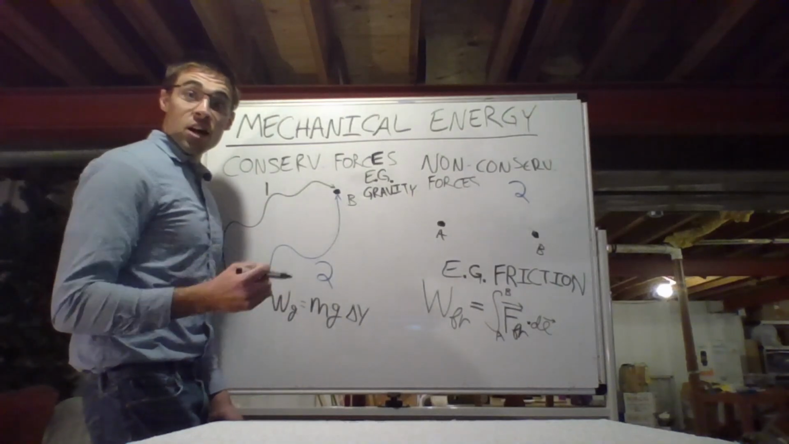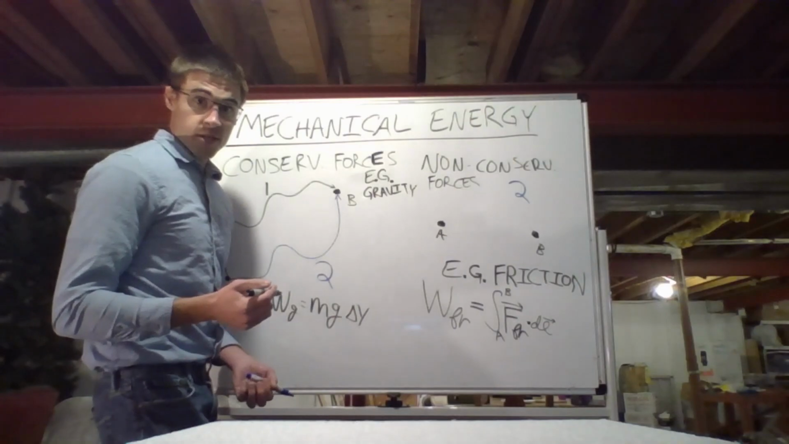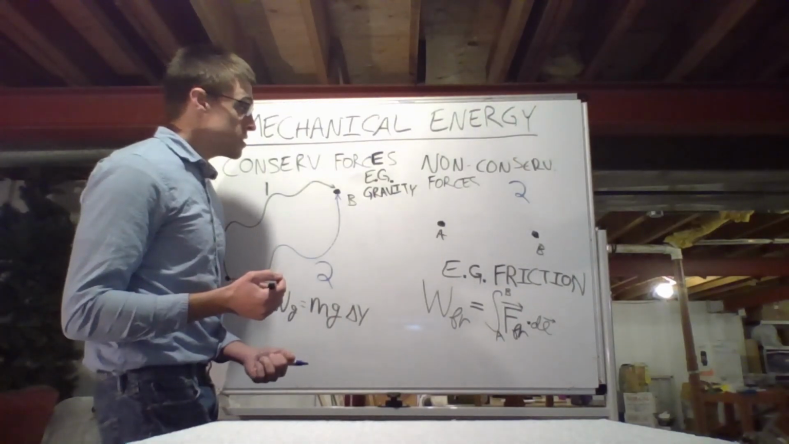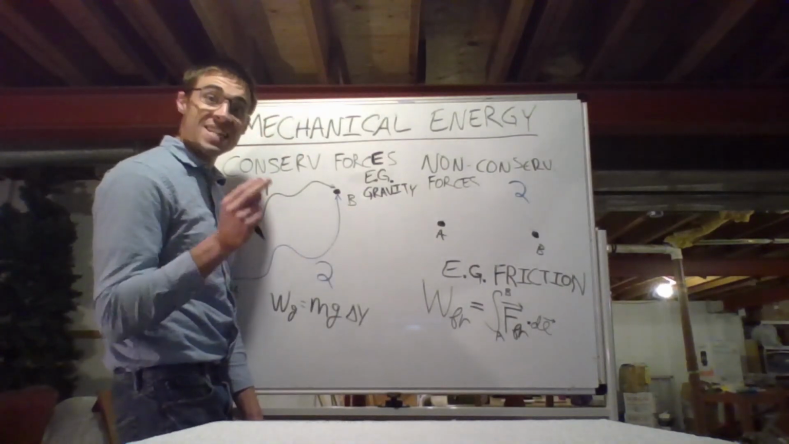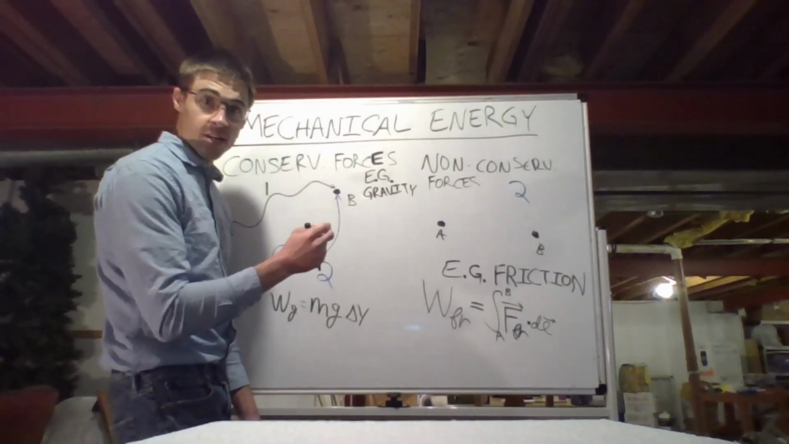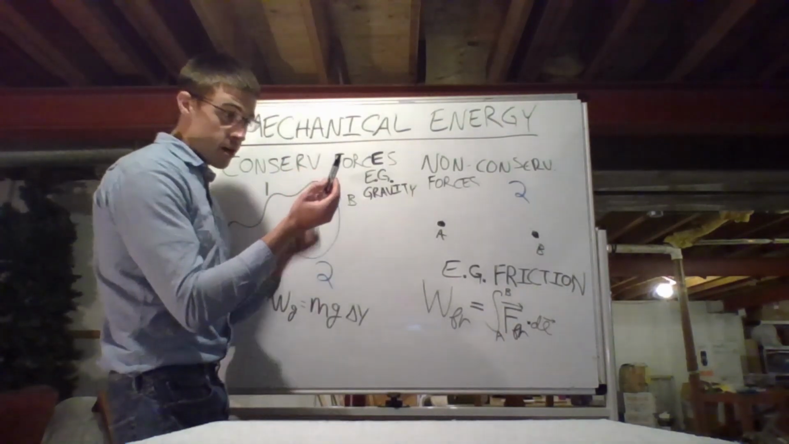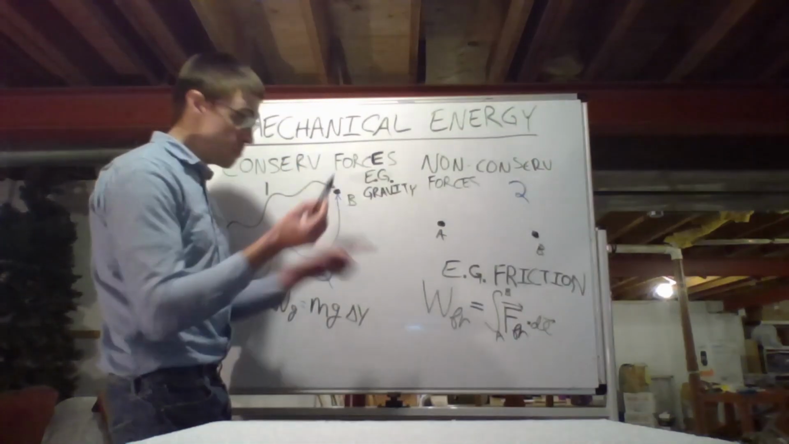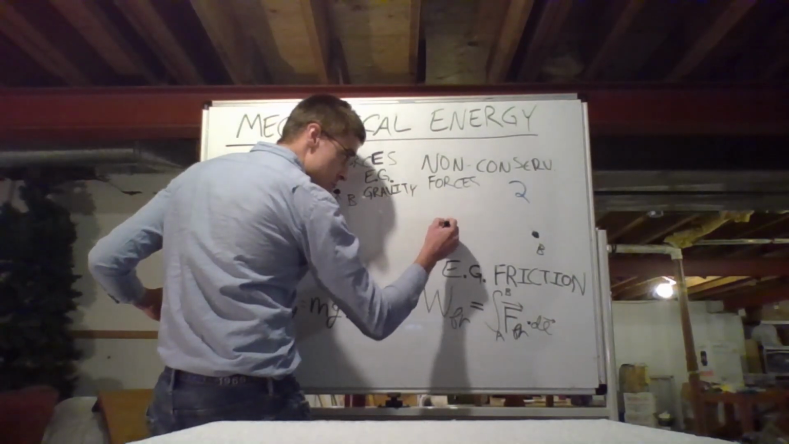Now let's talk about a non-conservative force. Friction is a good example of a non-conservative force. And what makes it non-conservative is that I can go from point A to point B in two different paths and get two different amounts of work done by the friction force. So let's talk about the friction force acting on this marker as I move it from point A to point B. Okay, now if I go in a straight line,